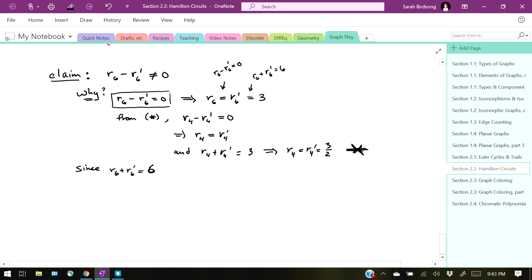Okay? So I'm going to specifically look at our non-negative integers. Why? Because R6 and R6 prime are dealing with who? You're literally counting up how many faces are inside or outside of your circuit. And just to make sure we're all on the same page, if you have a graph